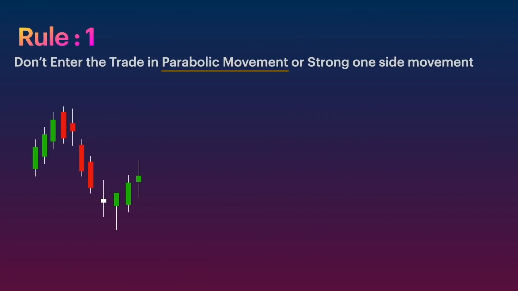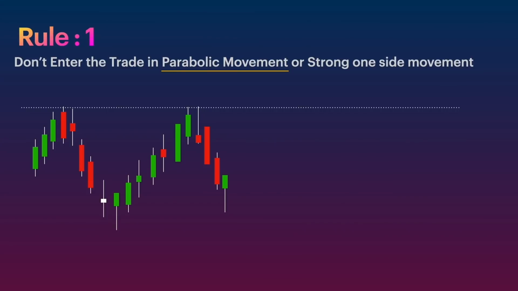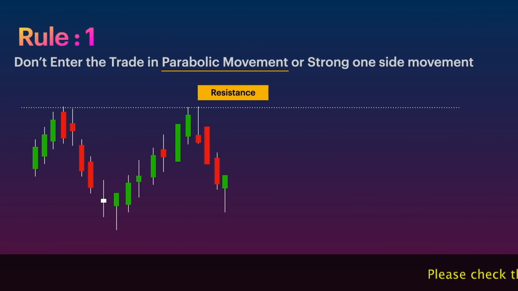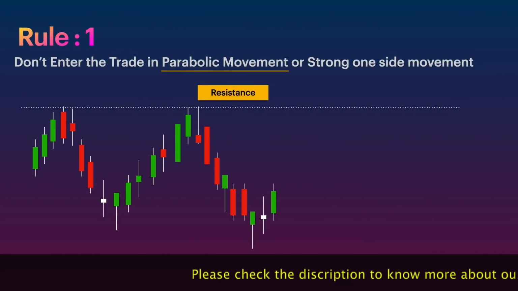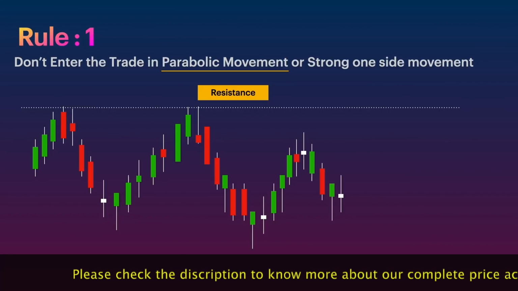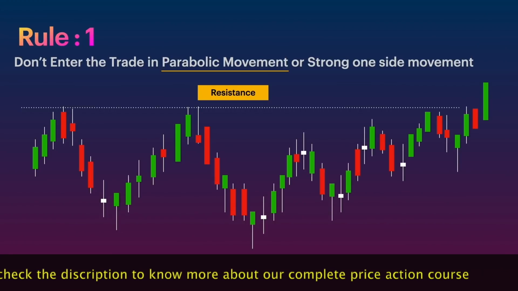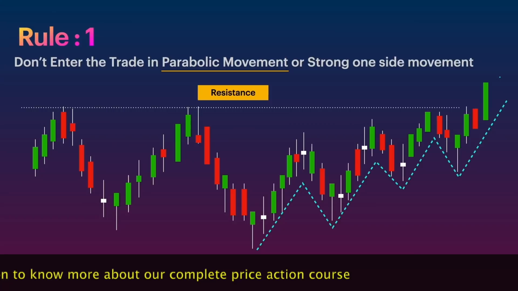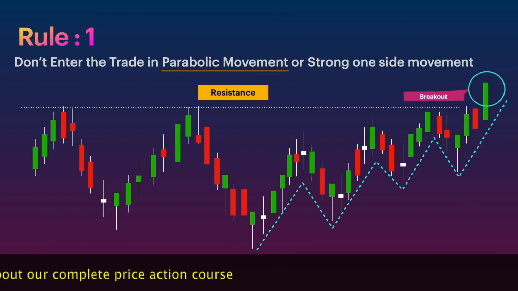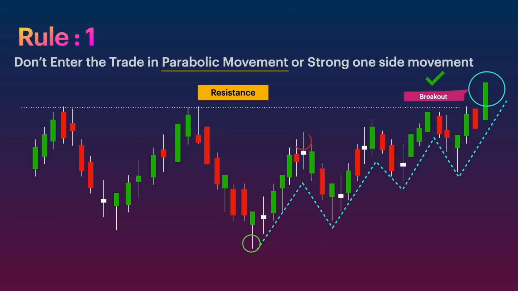And again it moved up, faced rejection at the same level for the second time. Now traders will start considering this area as a strong resistance level, right? Now after this, if the stock again is going up like this, making higher lows and higher highs and gives a breakout, this type of breakout is considered as healthy uptrend because this uptrend is making small retracement which is